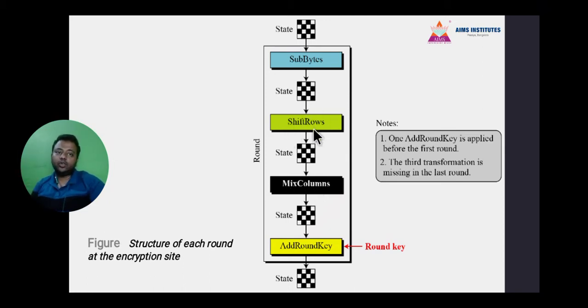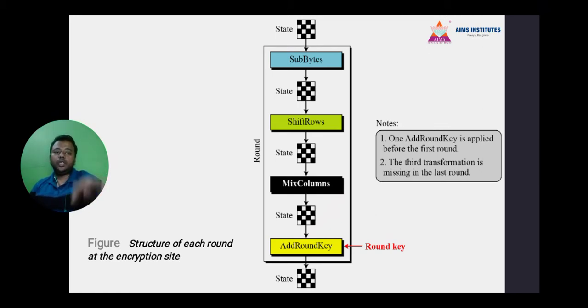So first we have shifted the rows, then we mix the columns, and then we add a round key to it. Then we get the state of the first round. Similarly, each and every round would be taken care of. Like in DES, as we've seen, there were 16 rounds where we used the mixer and the swapper after that. Till round 15, in the 16th round, either we used no swapper or two swappers.